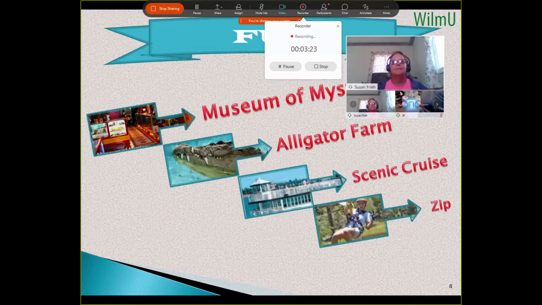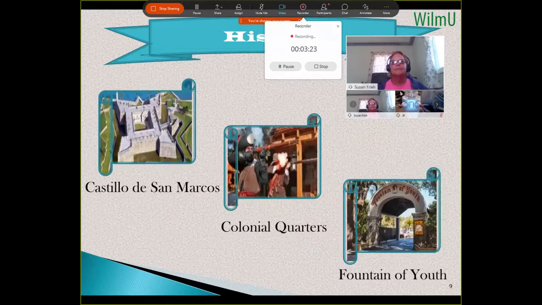And there's plenty of history in St. Augustine. Dating back to 1672, the Castillo de San Marcos is the oldest masonry fort in the United States. The St. Augustine Colonial Quarters is a living history museum. The Fountain of Youth Archaeological Park is a working archaeological